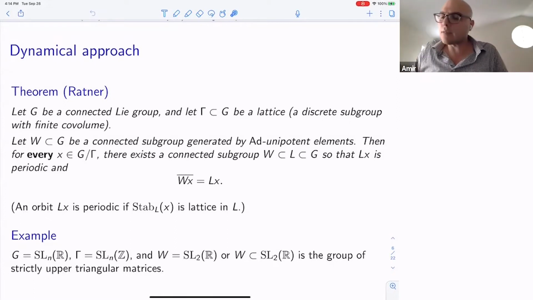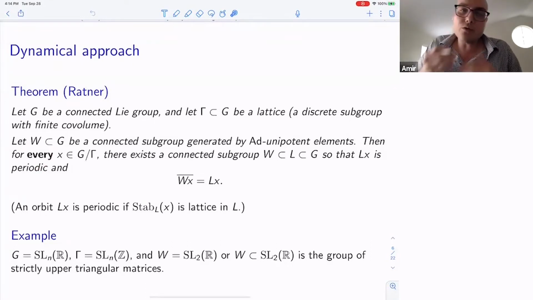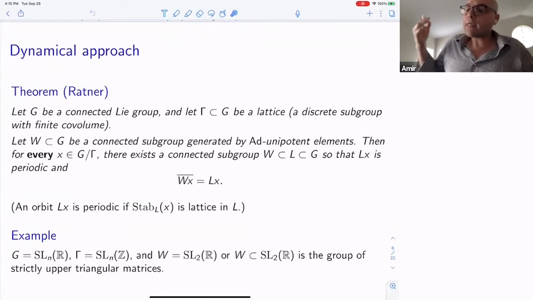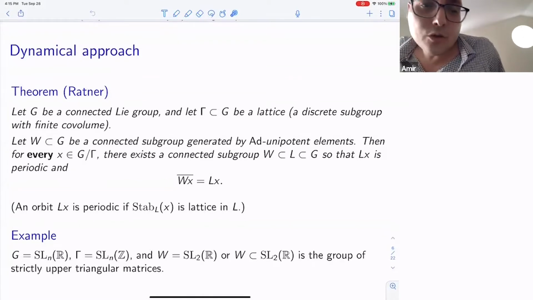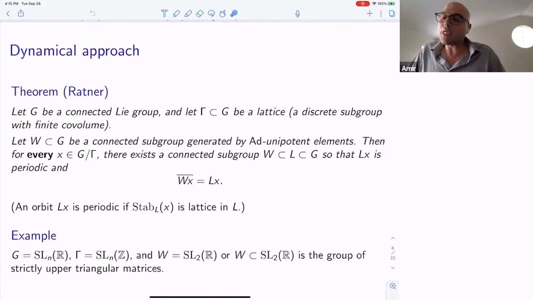You want to understand statements about Zn. And if you are looking at SLnR mod SLnZ, you can think of this as a space of lattices in Rn. There also, I want to understand something about one point. So it's very crucial that I want to understand the orbit of every point. And the fundamental theorem of Ratner says that we do understand this if the group that you're acting by is generated